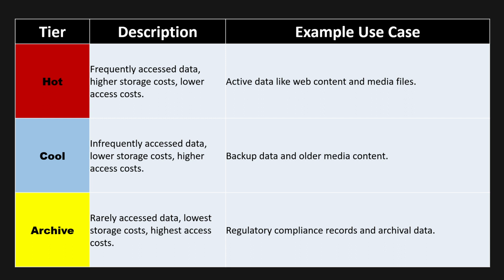Let's dive into this. There are three types of tiers, that is hot, cool and archive. These classifications are totally based on how frequently your data is accessed. The hot tier is used when you are frequently accessing the data, and it has higher storage cost and lower